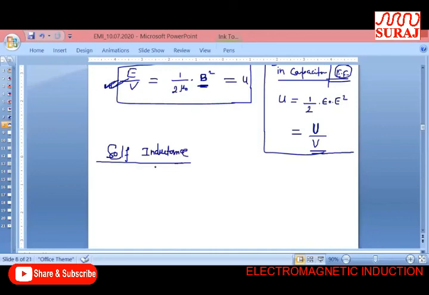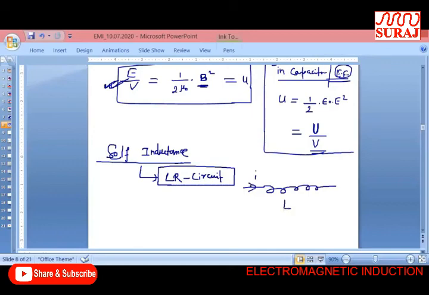Now the next topic discussed in this chapter will be the LR circuit, as I introduced during the first 5 minutes of this lecture. In the LR circuit, the energy storing capability of the inductor will be utilized, and with the help of this ability, the circuit will be made and the calculations will be made.